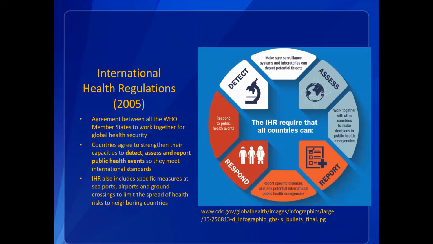International health regulations include specific measures at seaports, airports, and ground crossings to limit the spread of health risks to neighboring countries. So I think that's the whole. If you want to read more about these international health regulations, it's just a surveillance system which has been pushed at international level to make sure that countries really work together in trying to address some of these